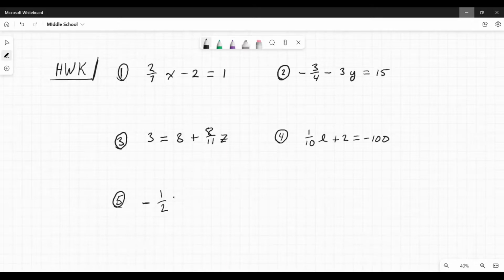Negative 1/2 m minus 2 equals 4. Number 6